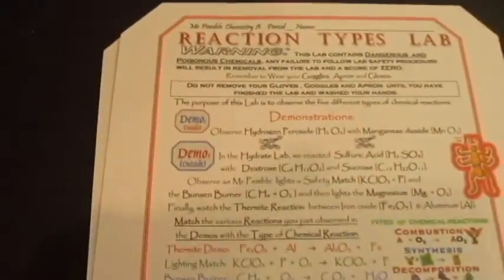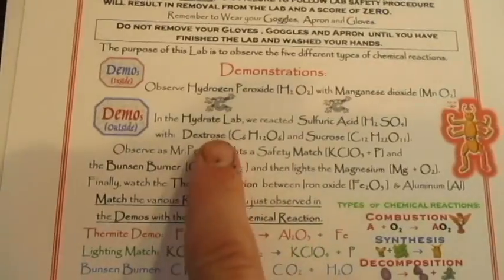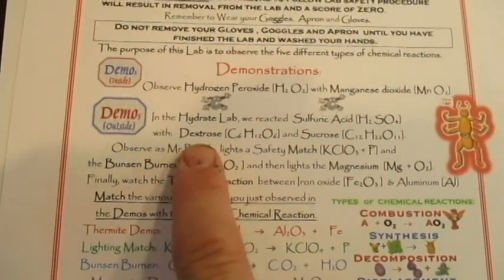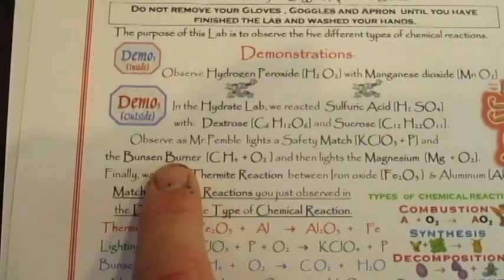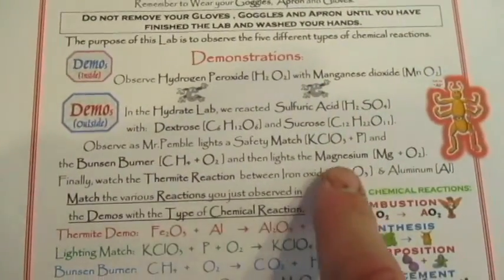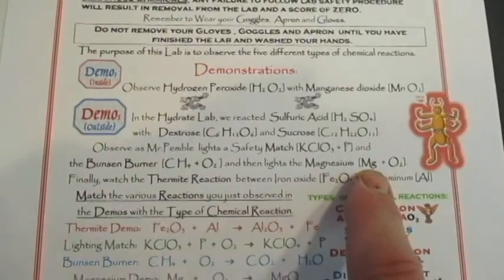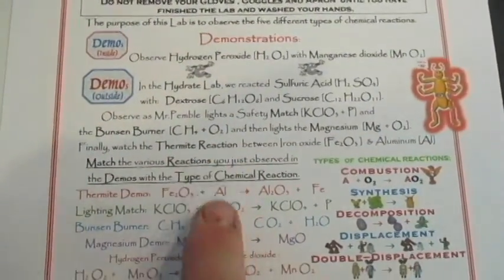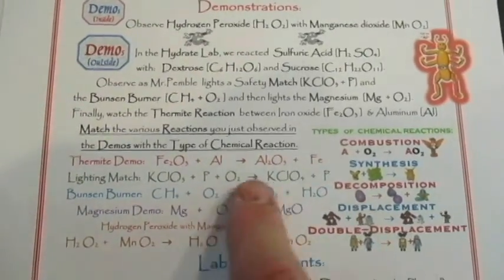Okay, all the demos that we are going to include in this lab are the Carbohydrate Demo with Dextrose, the lighting the Bunsen burner demo, the match and the Bunsen burner. The match is a reaction, the Bunsen burner is a reaction. The magnesium, brighter than the sun reaction, that's included. And the thermite reaction. So they're all listed here on your lab, and you want to figure out which category